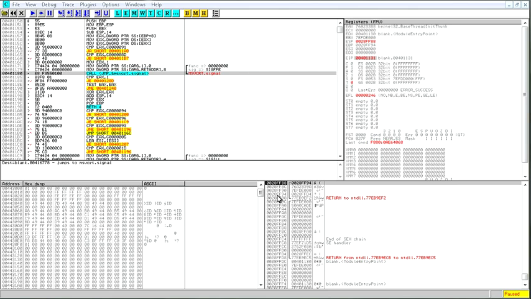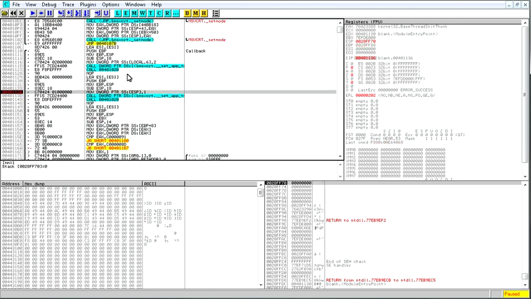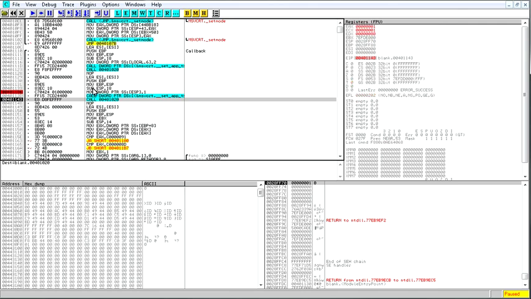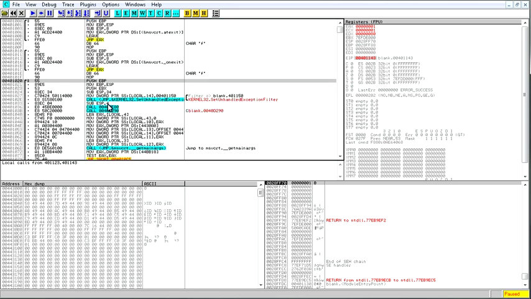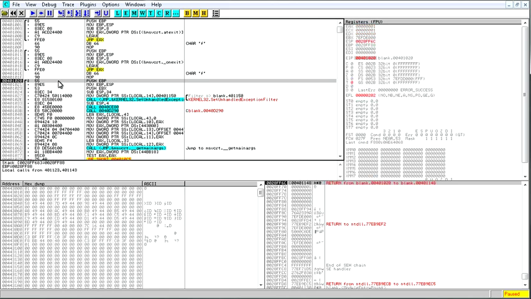So let's hit F8 a few times. F8, F8. Okay, so now the difference between F8 and F7, which is step over and step into, is if I hit F8 here, it's going to go to here and put a breakpoint. Like that. If I push F7, instead of coming here and stopping, it's going to go into that call, which is right here, and that's where it'll break. F7. See, now it's right here.